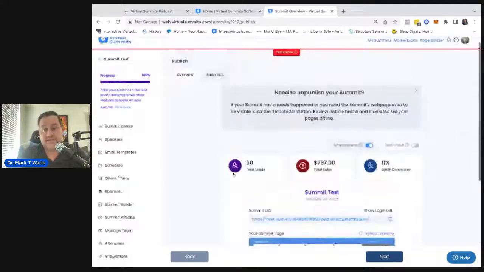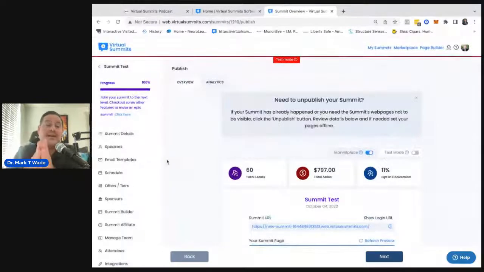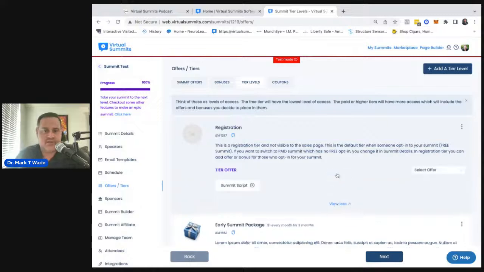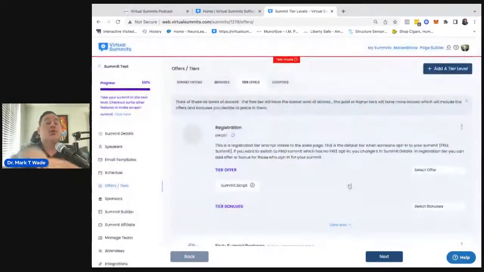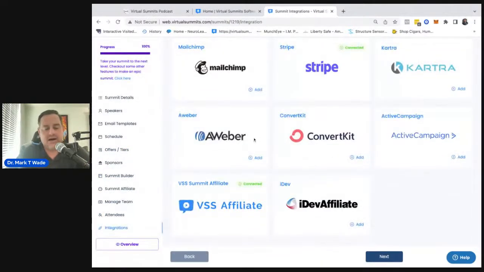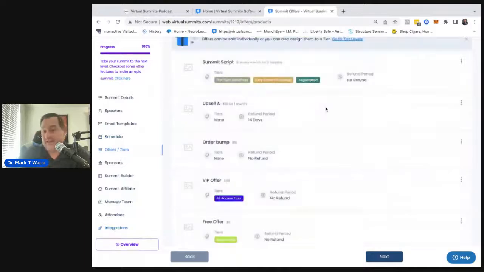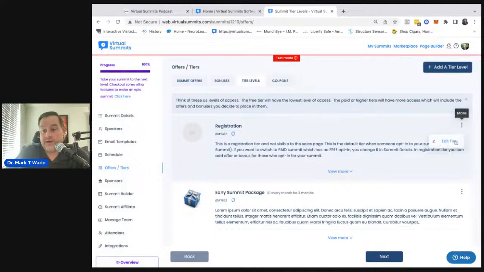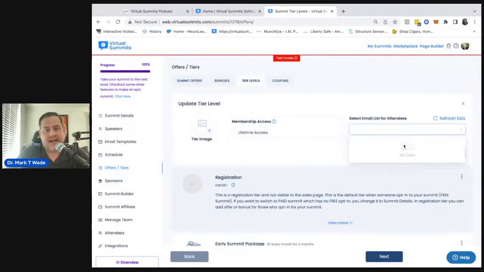If there is an issue or the information, which a lot of time is not an issue, it's just, hey, that's actually a dynamic tier. You can't save that. Or, hey, you don't have, for example, a registration tier, so nobody's being registered, or the reason it's not going into your integration. So if you've integrated one of the different email accounts and it's like, hey, why isn't that going into my Kartra account? We can go in and check and say, oh, well, look, you haven't actually linked that up to your